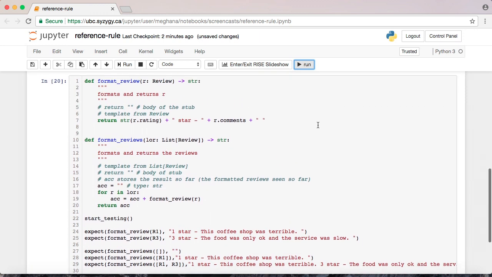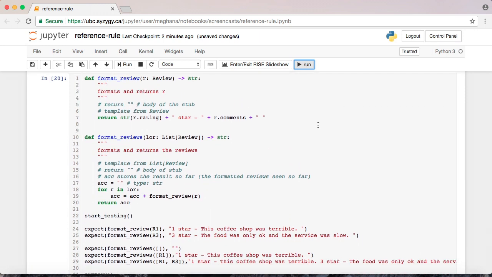In this screencast, we worked through an example in which we needed to design a helper function to perform a specific subtask, and our template helped us figure out that we needed a helper function because the call to reviews template function in list of reviews template served as a hint and a reminder that we may need to create a helper function there.